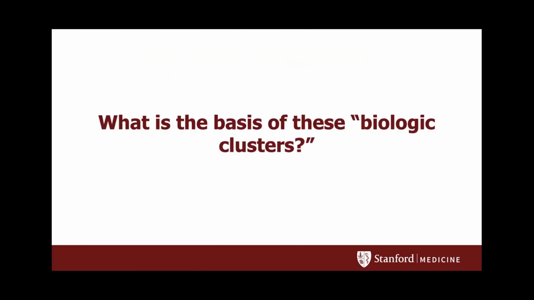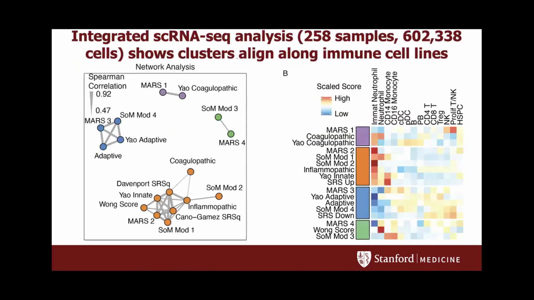All right, so we identified these clusters of scores. So the obvious next question is, where are they coming from? And so we next wanted to look closer at this biology. To do this, we turned to single-cell RNA sequencing, integrating 4 sepsis data sets, including of the neutrophil compartment, which had 258 samples and over 600,000 cells to look at where these signatures were being expressed. And I will say big thanks to Hong Zhang, who's one of the scientists in the lab who really collated all this data and performed much of this analysis.